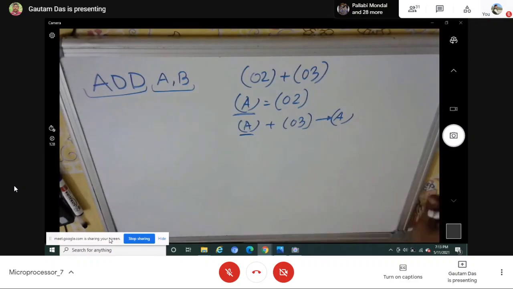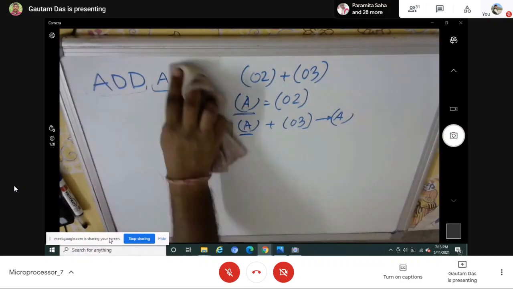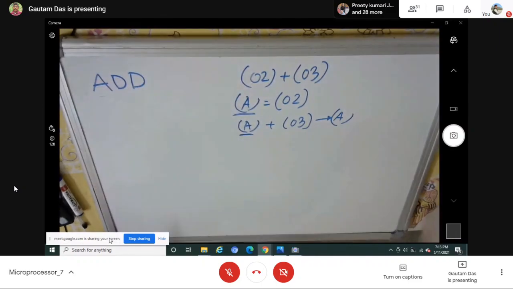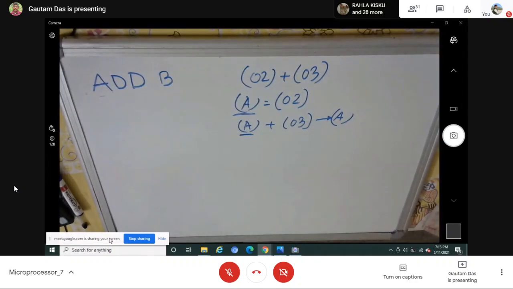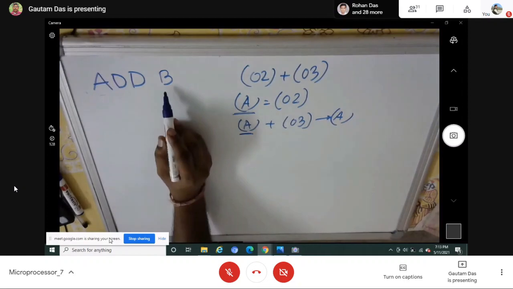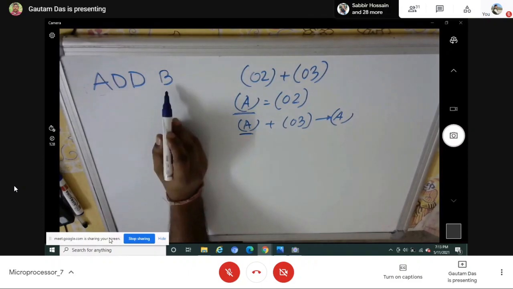But in the 8085 processor, the operand in the addition instruction is not written this way. Instead of writing ADD A, B, it is only written ADD B. Only one operand is mentioned, that is, the one data at B. But you know that addition requires two operands. Then where is the other data on which the addition will be performed? As it is an arithmetic operation, it is implied that one of the data is already in the accumulator. That's why the accumulator is the other operand.